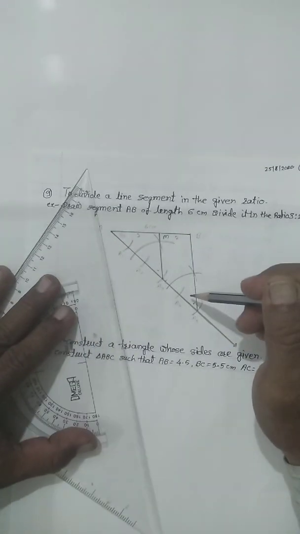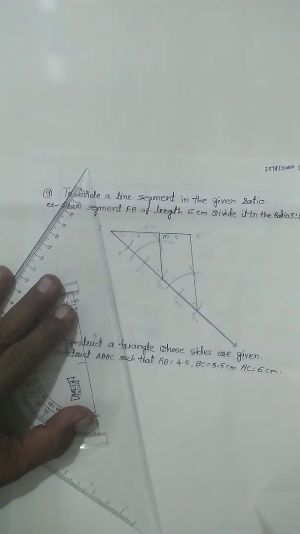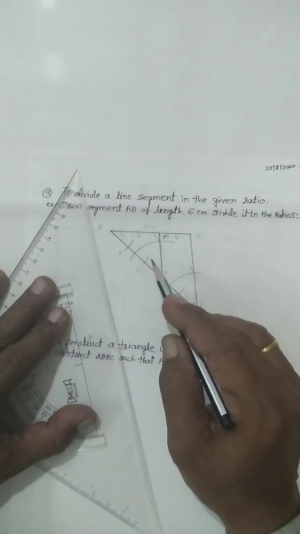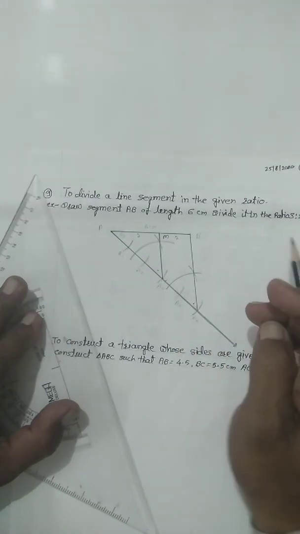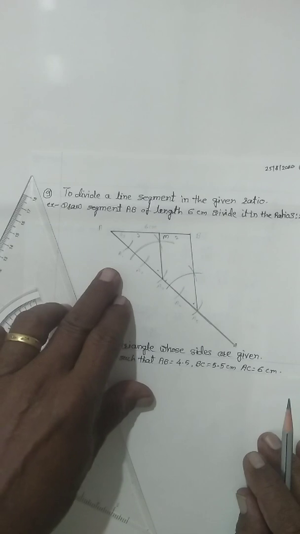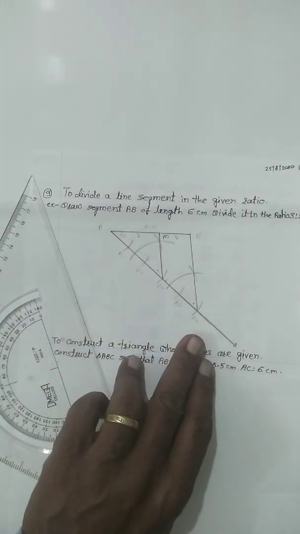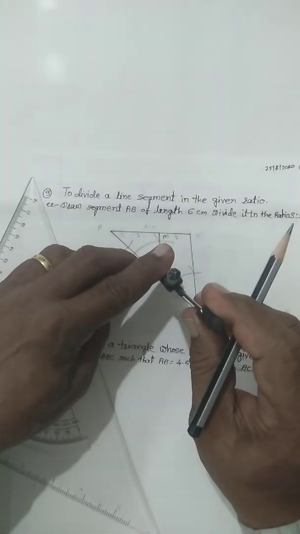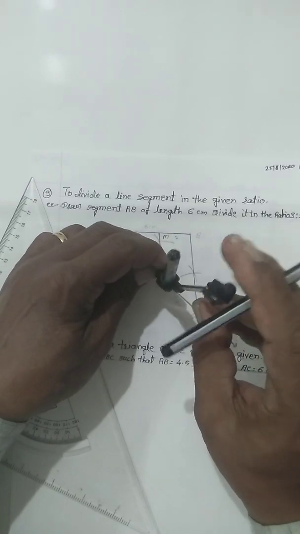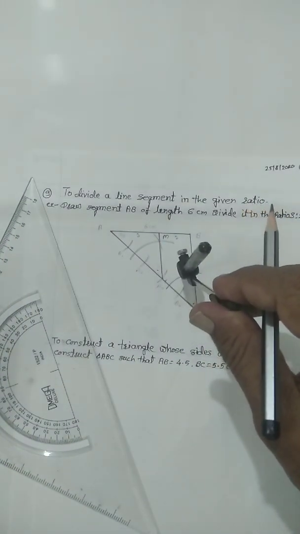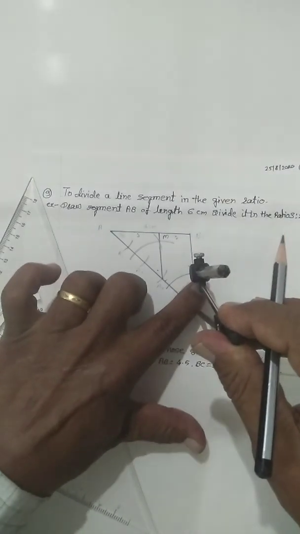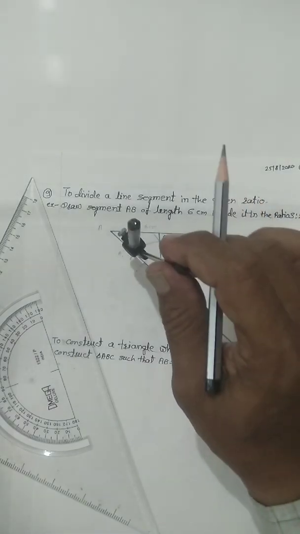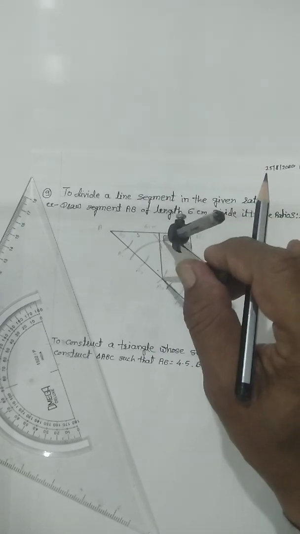Now we get here one angle. Now we want to draw the same angle at point A3. We write down the names of these arcs as A1, A2, A3, A4 and A5. So for that, take a distance between the two terminals of the compass. This distance is also approximate. Draw the arc which intersects the two sides of the angle. Then keep the distance as it is and draw the arc in this way.